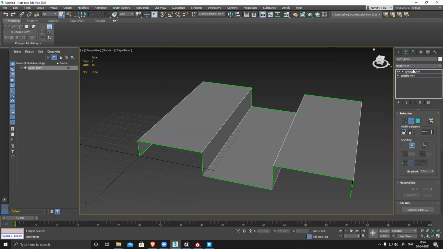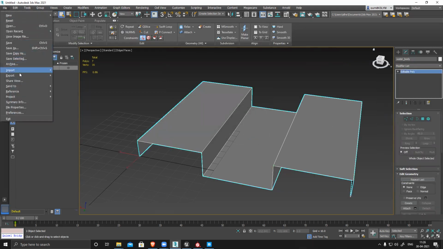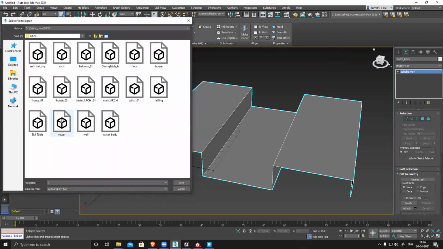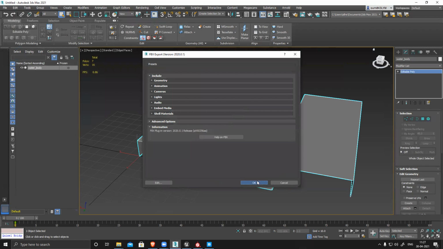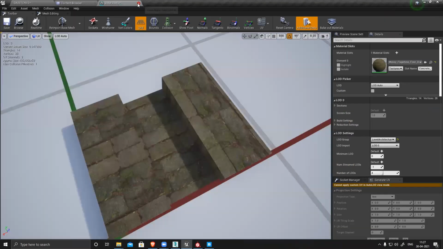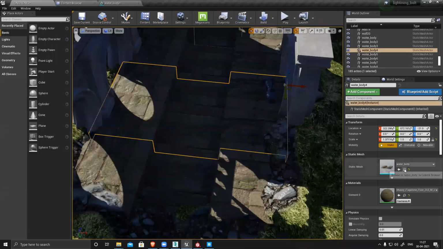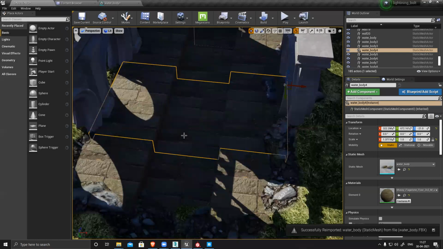Doesn't matter at all. Export selected. Right click, re-import a model, and everything is fixed.